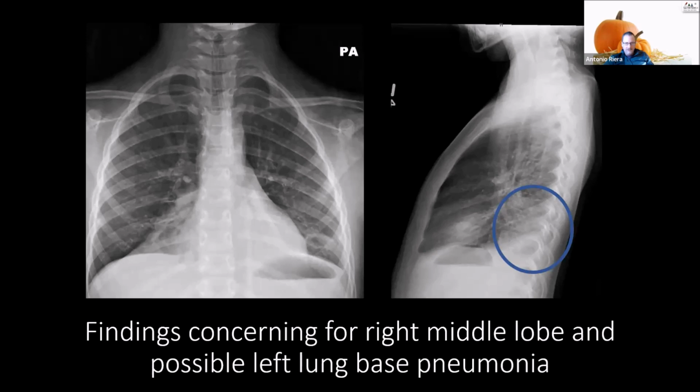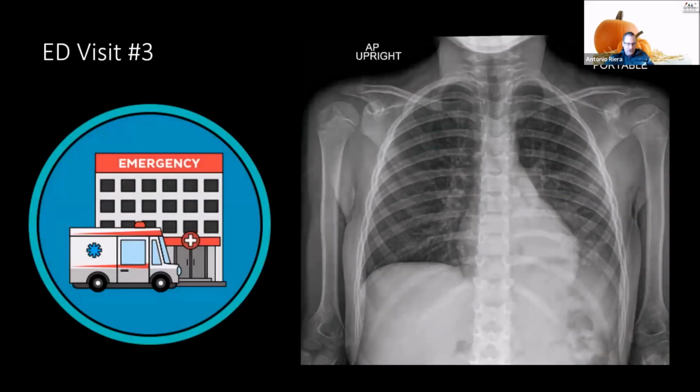Right there. Sent home, had a short interval improvement and returns 9 days later after having finished the cefuroxime. And this time she was wheezing. She was wheezing for the first time. Nobody had noted wheezing before. She was given some NEB treatments. Her oxygen bumped up a little bit from 94% to 99%, given dexamethasone. And she was sent home in the middle of the night from the ER